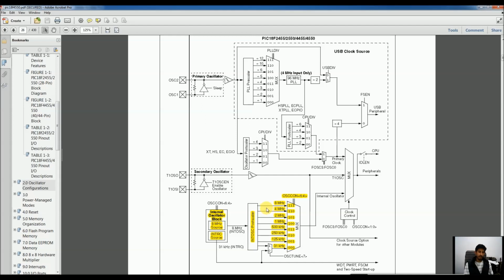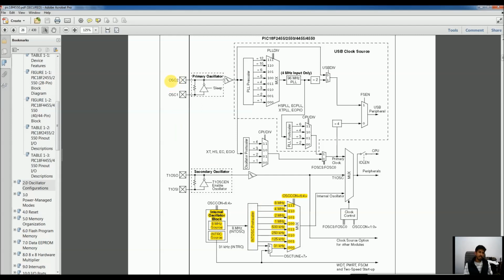Secondly, for certain applications, using an 8 MHz frequency will not be suitable for synchronization, so we can switch to its lower multiples and we can easily synchronize with other devices.